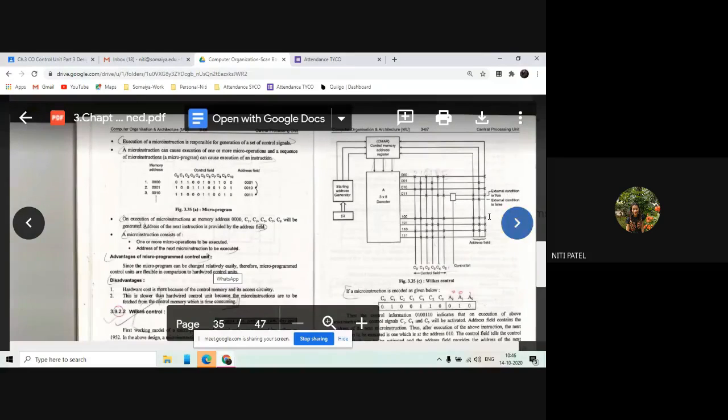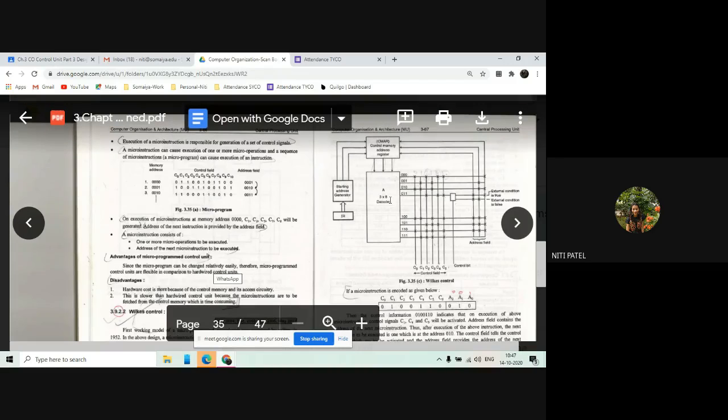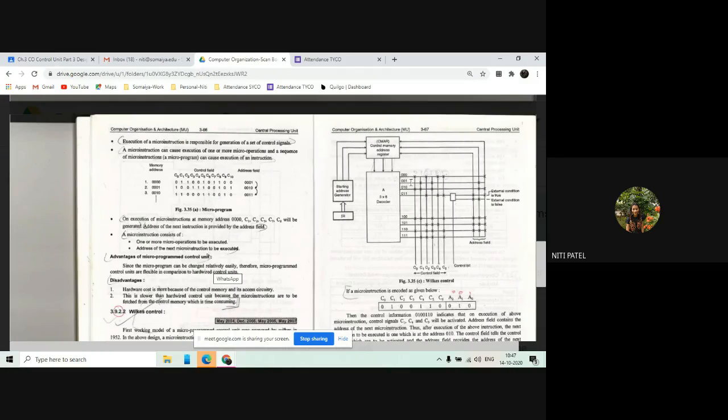This is checked, the address field generation is checked with the help of the control bit. That means this is done by the system. Control bit or address field, who is generating it? It is generated by the system itself. It is not generated by the user. What will the user do? Only give the instruction to the instruction register. The starting address will be calculated automatically. Your 3:8 lines are also activated automatically. Control signals are also generated automatically.